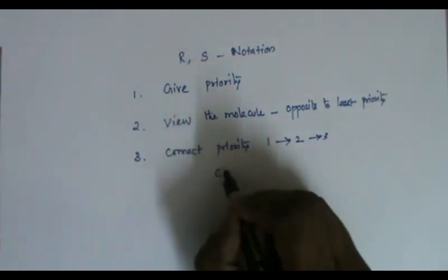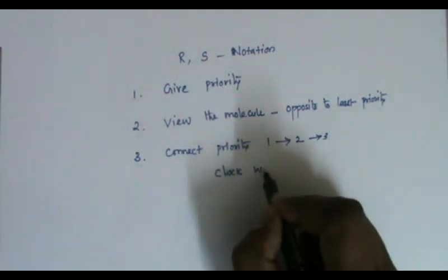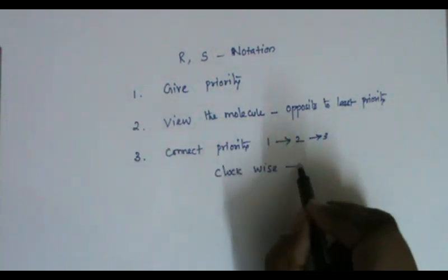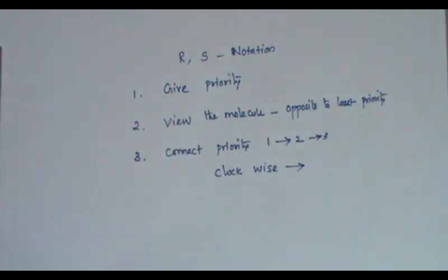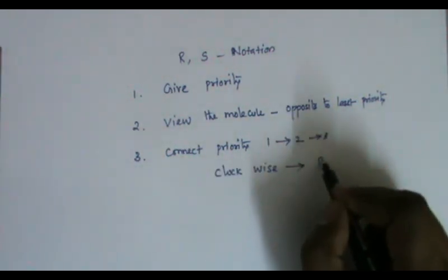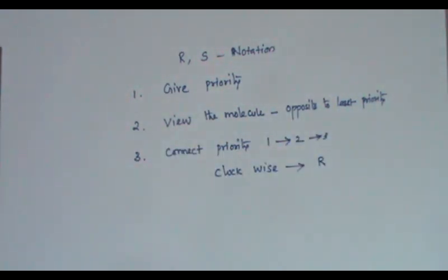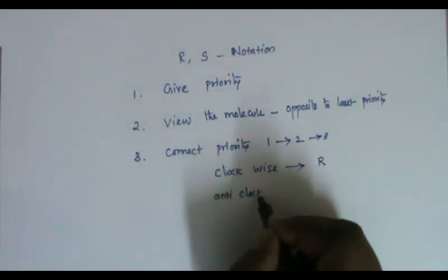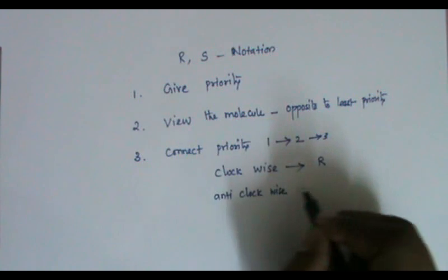If it is clockwise when you go from 1 to 3, if it is a clockwise direction, that is called R configuration. If it is anti-clockwise, then it is known as